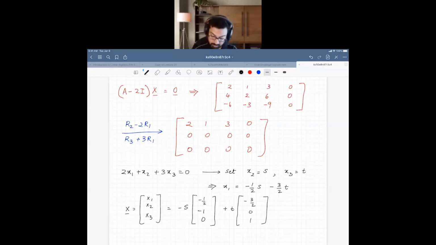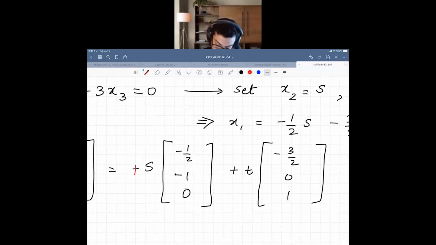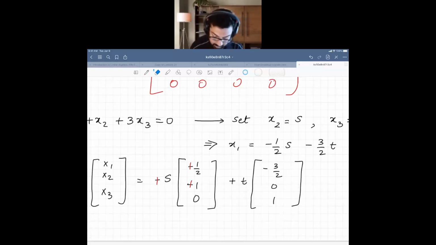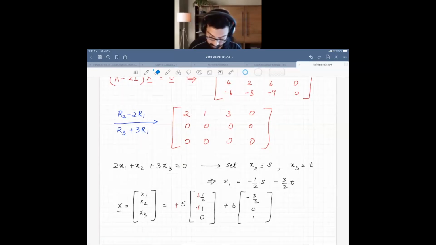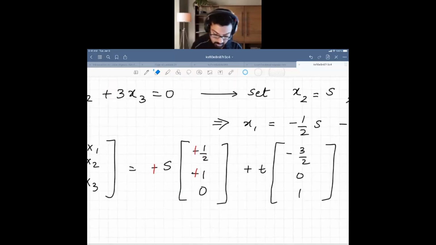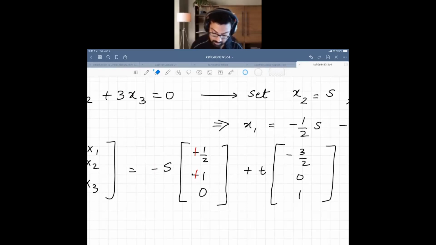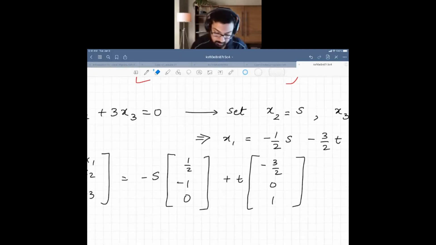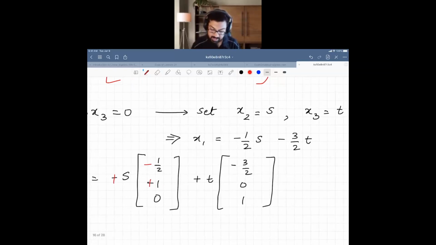Now what I can do is multiply these out. So here I can get rid of this, this, and this. Sorry, I may have made an error here. When I do -s, let me take a look. If I do -s here, I get this to be negative, this to be positive. So if I try to get rid of the -s there, I can make that positive, make this negative, make this positive, and then for t, I can leave that as -3/2, and I can multiply over here by say -2, -2, -2,